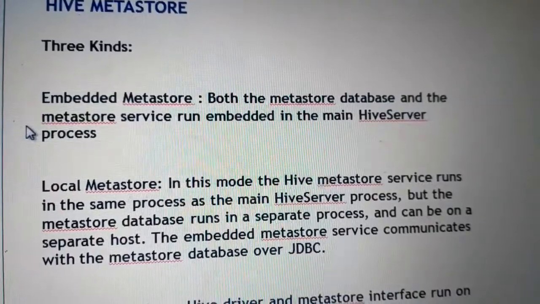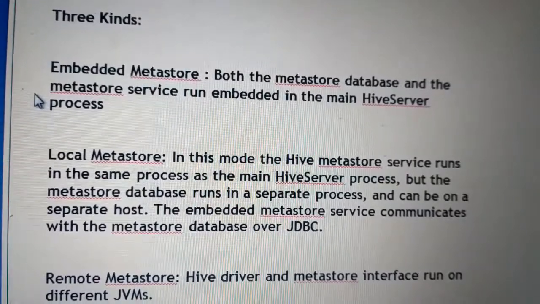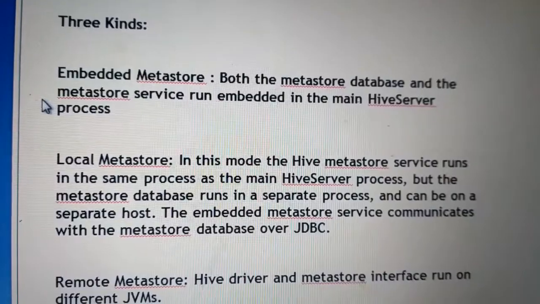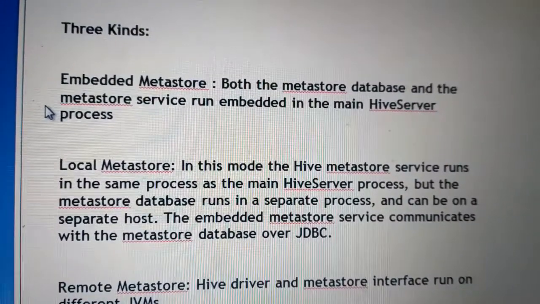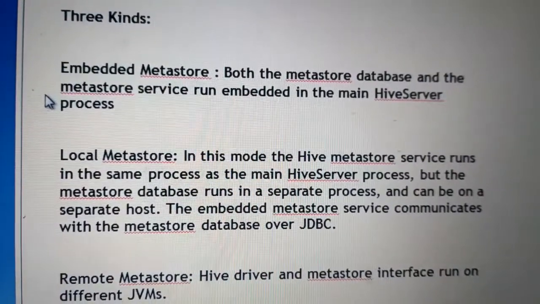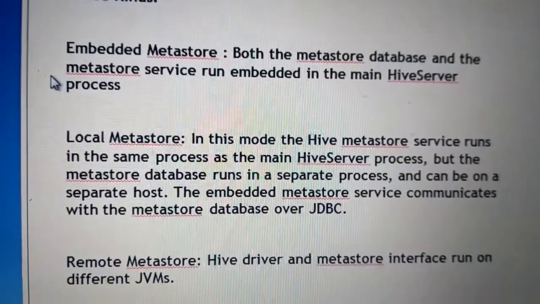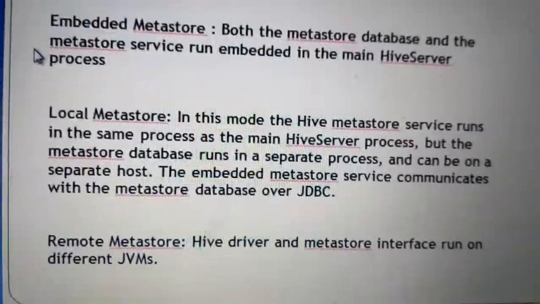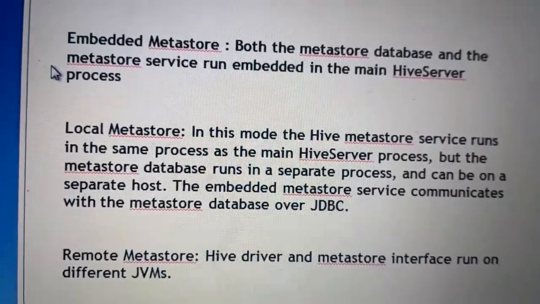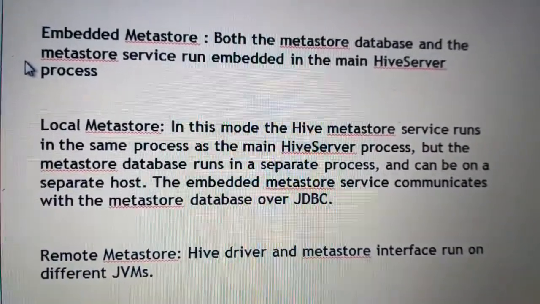Then local metastore: in this mode, the Hive metastore service runs in the same process as the main Hive server process, but the metastore database runs in a separate process and can be on a separate host. The metastore service communicates with the metastore database over JDBC. Then another way is a remote metastore. Hive driver and metastore interface run on different Java virtual machines, that is JVMs.